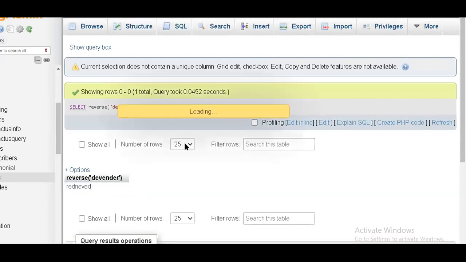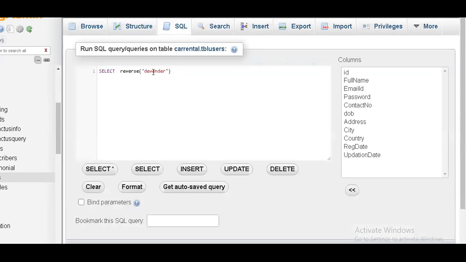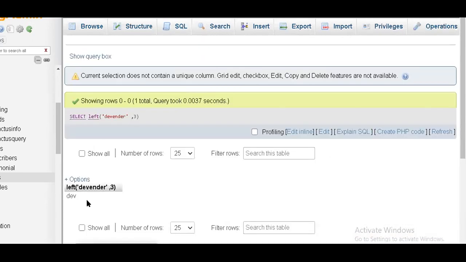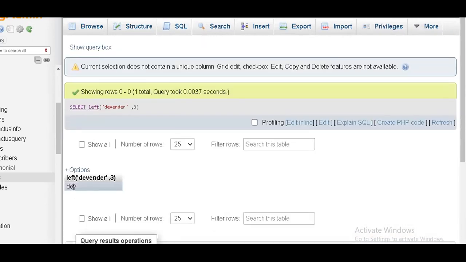Then I want something called left. From the left hand side, I want 3 characters. So it will display the 3 characters from the left hand side. See, I'm getting the left value of the characters.